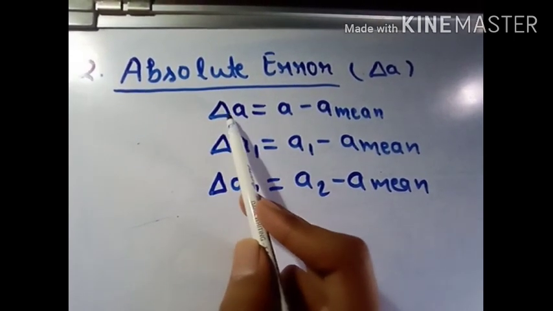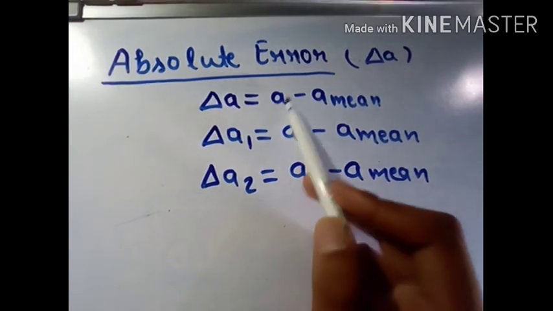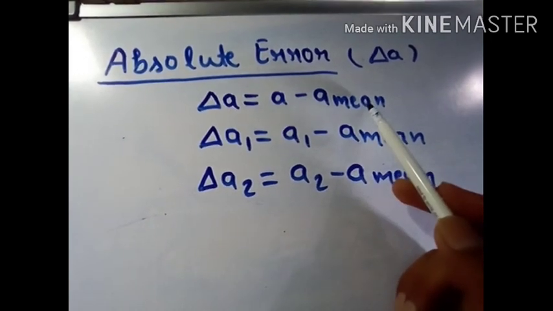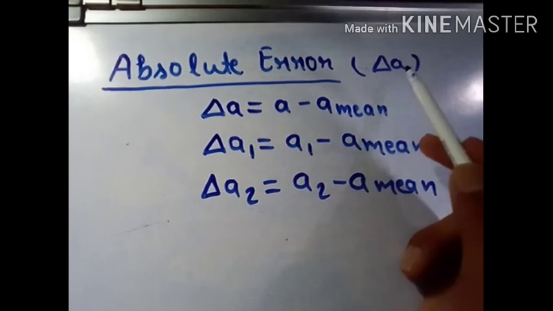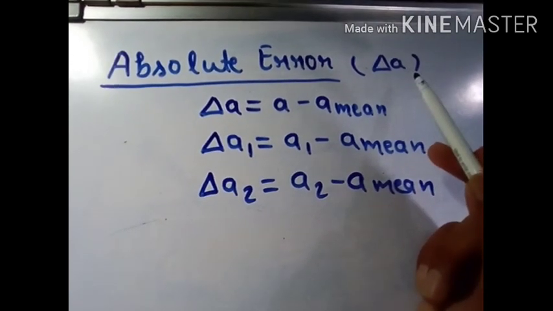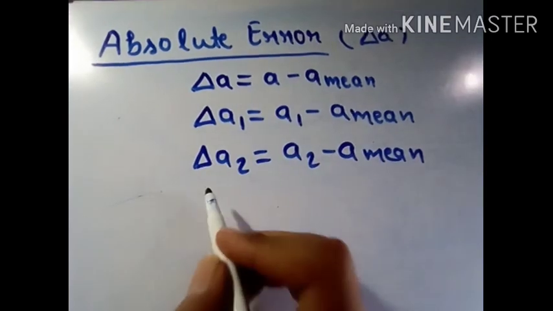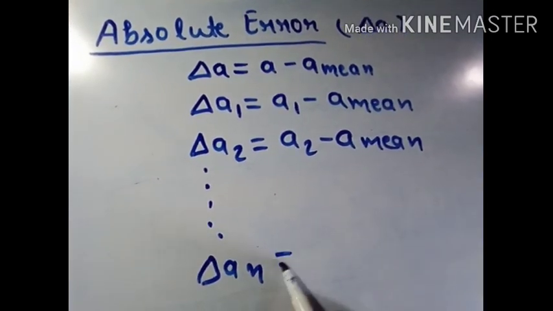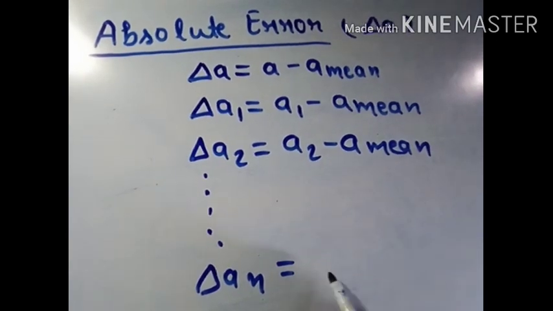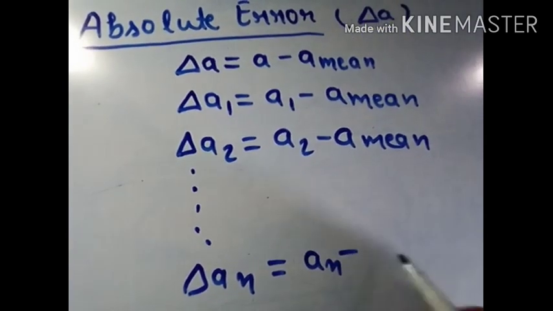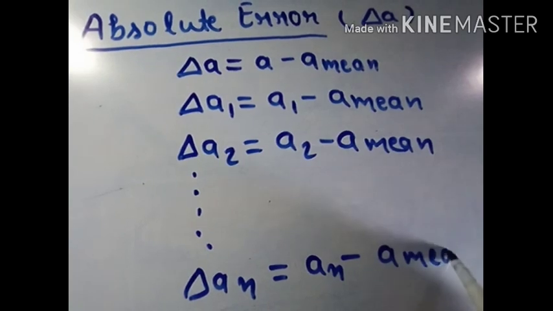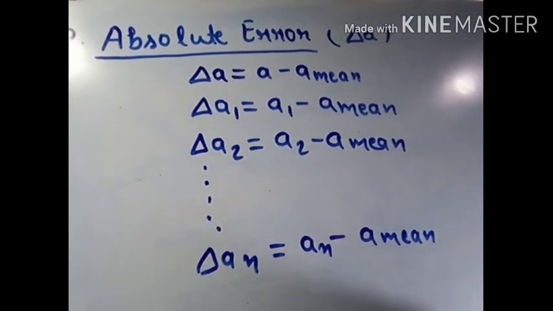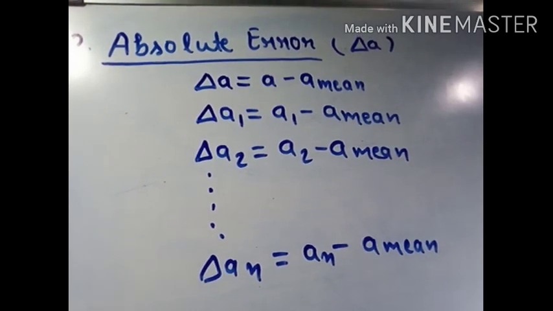I'm taking it as delta a, where a is the individual measurement and a mean is the true value. So this difference tells us the absolute error. Understand? And finally we can write also for an. These are just the basic steps to make you understand how to calculate it. Soon I will give you an example and that will be more clear to you. Understand? So move to the next error,